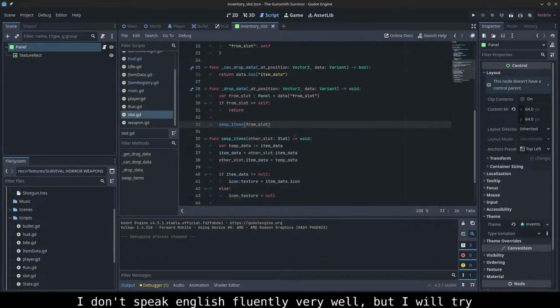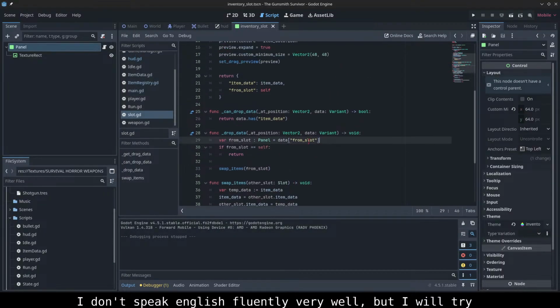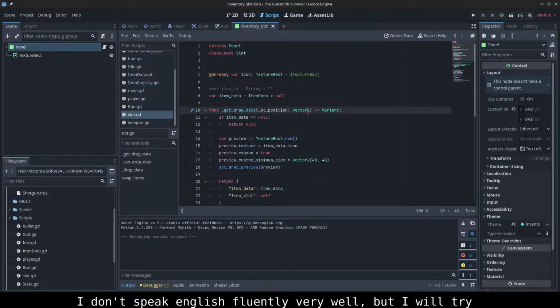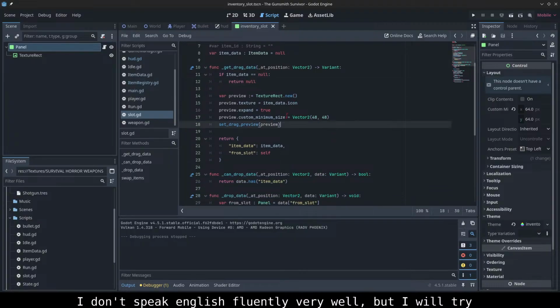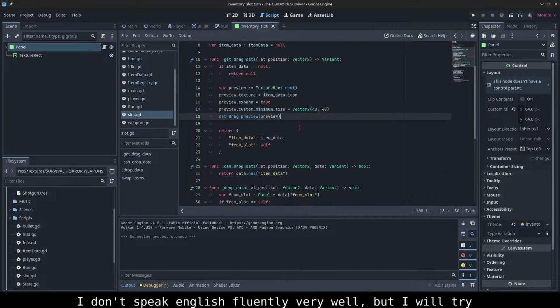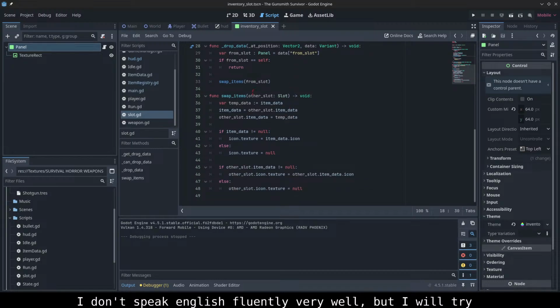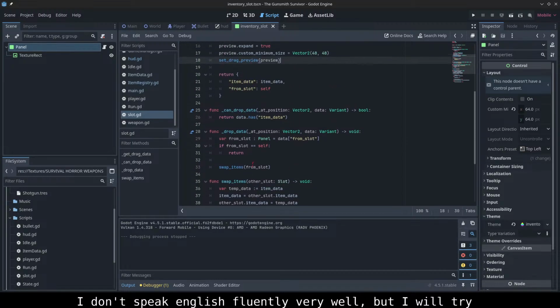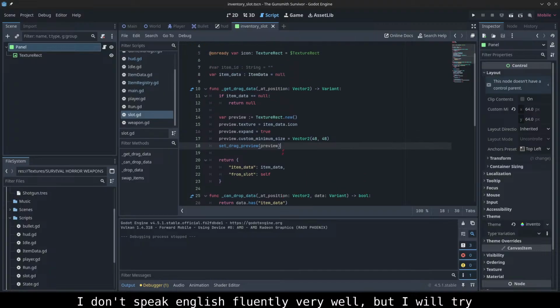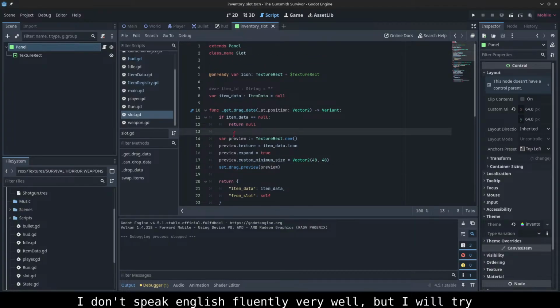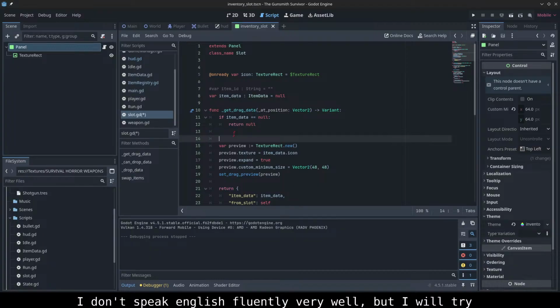So I will do it invisible or when, these are the data. Swap items. If I do it,